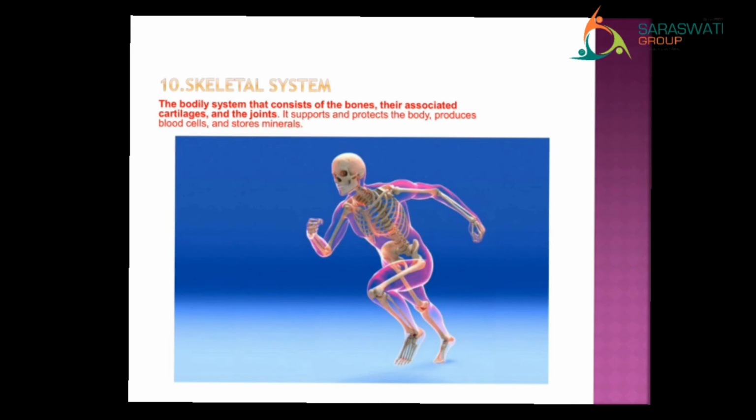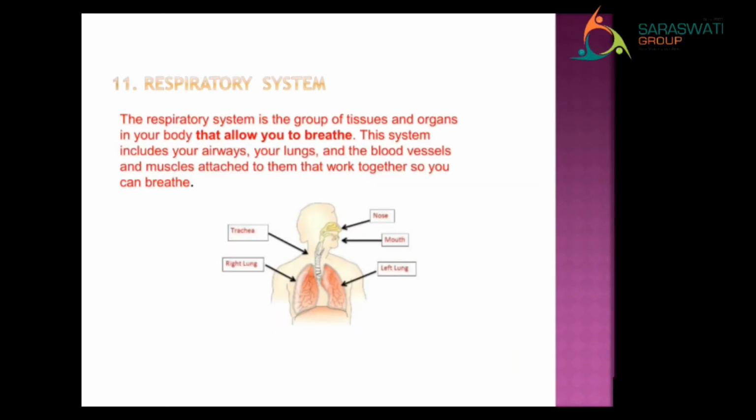We can stand straight and walk due to our skeletal system, right kids? Normally we adults have 206 bones, right? The bones are hard and joined together to form a skeletal system. Clear? Now next, number 11,